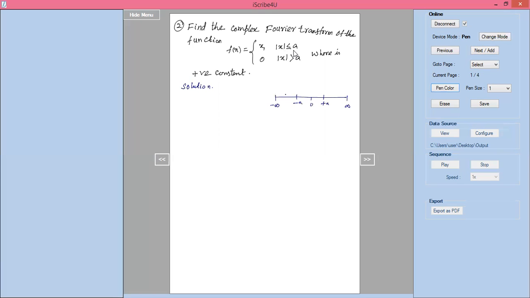So here minus infinity to minus a should be 0. Minus a to plus a the value of the function is x, and a to infinity is also 0. So previously I explained, we know that this place it should be 0, and this place it is also 0. Now we take this and I'll simplify the solution. Right, you can see